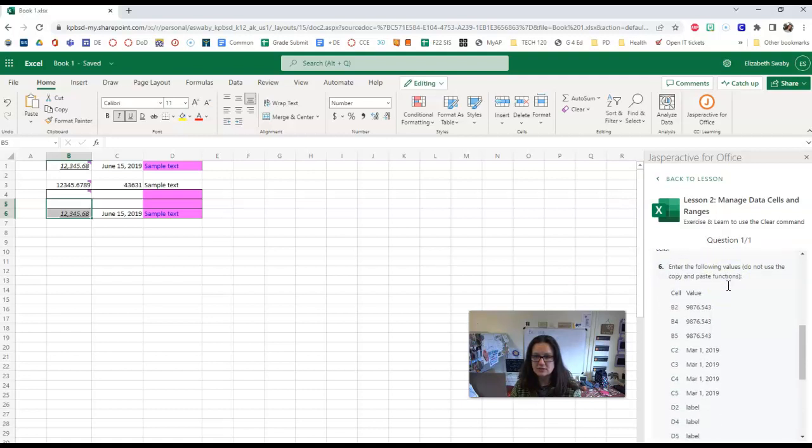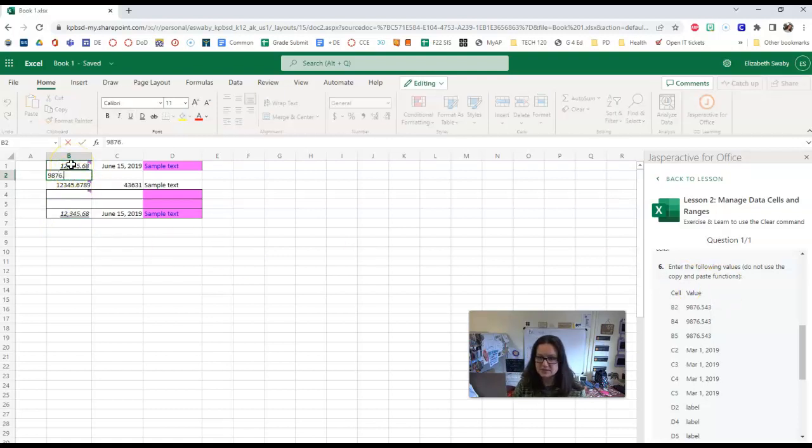Now re-enter different data into some of the cells. Enter the following values. Do not use the copy and paste functions. B2, we want the value 9876.543. B4, 9876.543. B5,